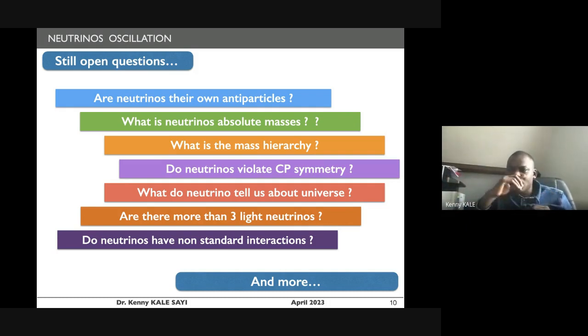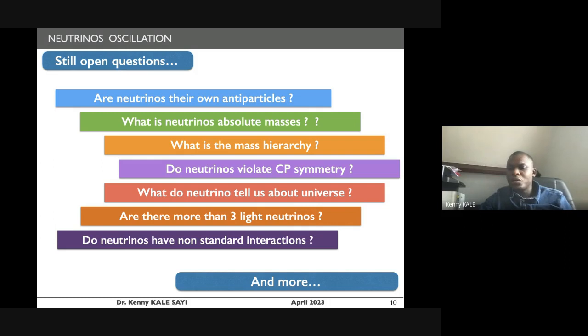So if we study the original neutrinos, which we call the cosmic neutrinos, since they are the same neutrinos which have not interacted at all since the beginning of the universe,